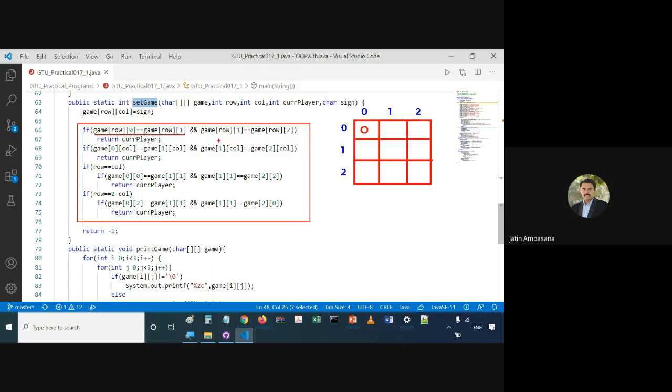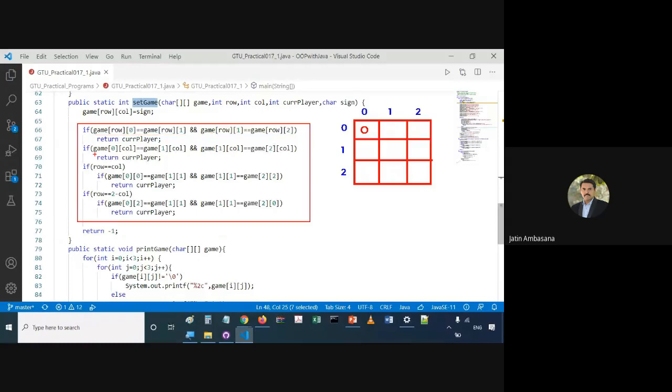So we check the zeroth column is equal to the first column, and if the first column is equivalent to the second column, then all the three columns are the same. So it means that currently the user is the winner.